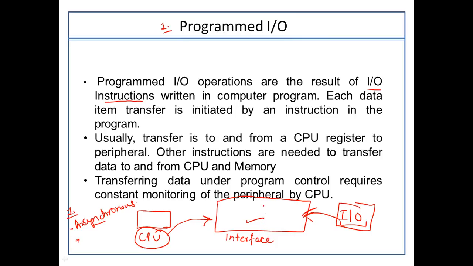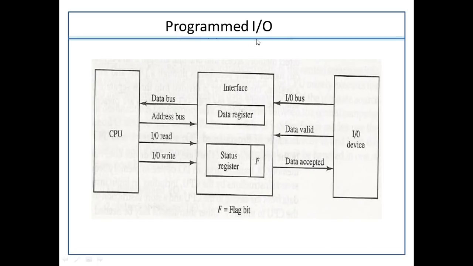Let's understand it from the block diagram so that you could have a better clarity of the point. This is the programmed input output mode. As I said earlier, on one side there is a CPU and on the other side there is an IO device. The mode of transfer is asynchronous. So what will happen in asynchronous data transfer mode? Some data from the peripheral device will be placed on the data bus.